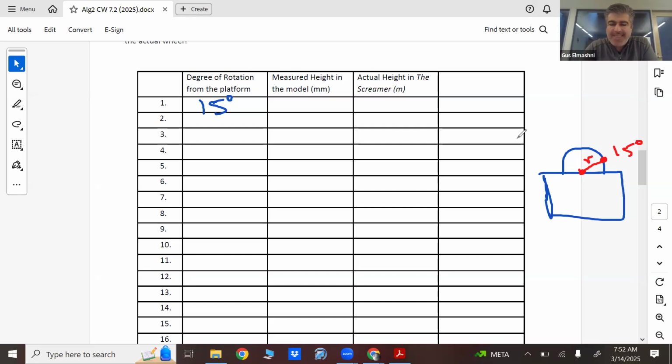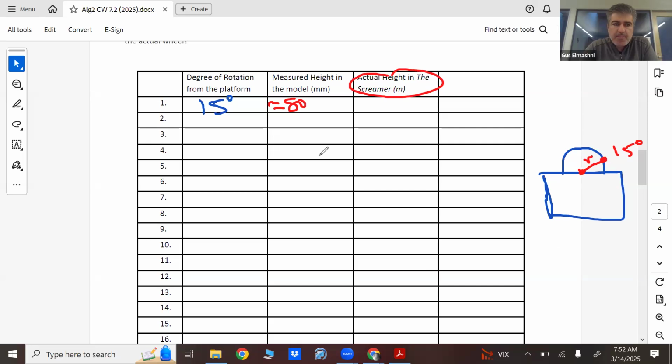So you're going to want to measure that. I think it's about 80 something millimeters, if I'm not mistaken. It might be like 82 or 83, 84, 85, something, or 81. I don't know, something like that. But yeah, you'll have that. And then your job's to use proportional reasoning to figure the actual height of the Screamer. So when you're at 15 degrees,